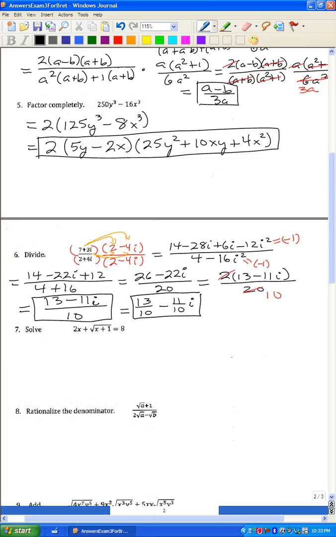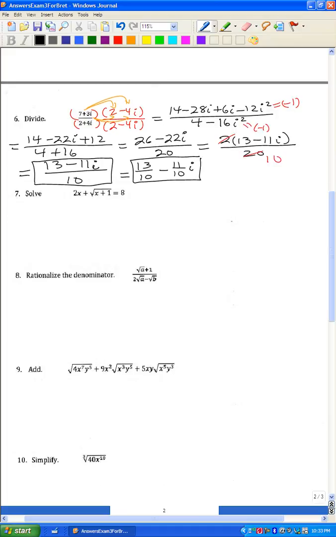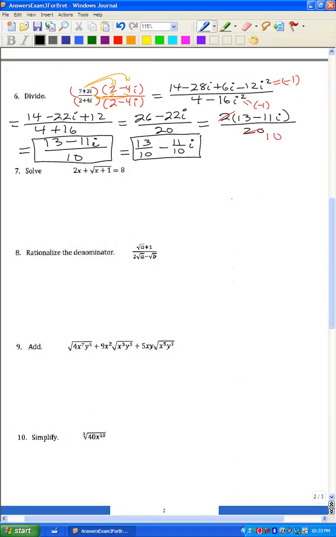Let me do problem number 7. And so first, let me isolate the square root on one side of my equation. So let me subtract 2x from both sides of my equation. And so I get the square root of x plus 1 equals 8 minus 2x. Let me square both sides of my equation in order to get rid of the square root. The square gets rid of the square root, so I get x plus 1 equals, by the special product formula,